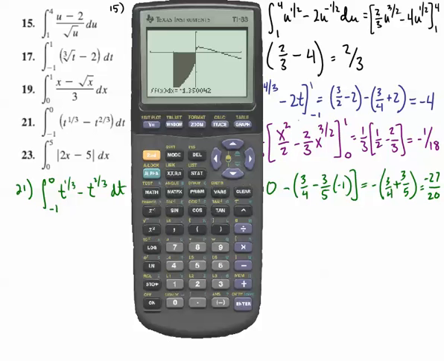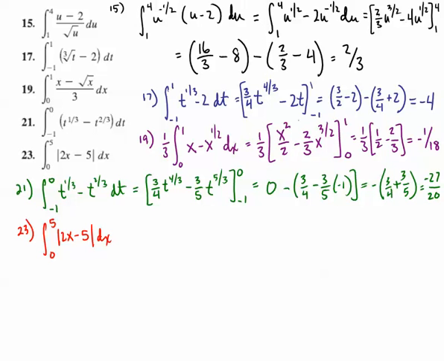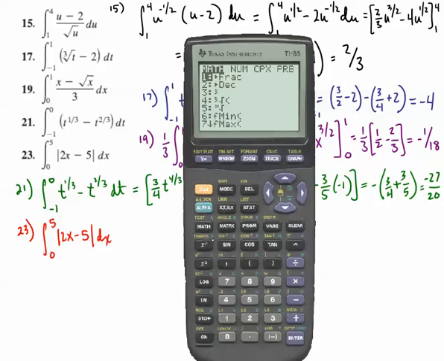It's an approximation. Now with number 23, if we can get this in here, we have an absolute value function of a linear function, and that's going to produce triangles. And so I'm going to graph that really quickly. And the way we do that is we go to Math, Number, Absolute Value. So we get absolute value of 2x minus 5, and we want that from 0 to 5. Now if I zoom standard on that, I'm going to get this triangle shape here, and I want the area